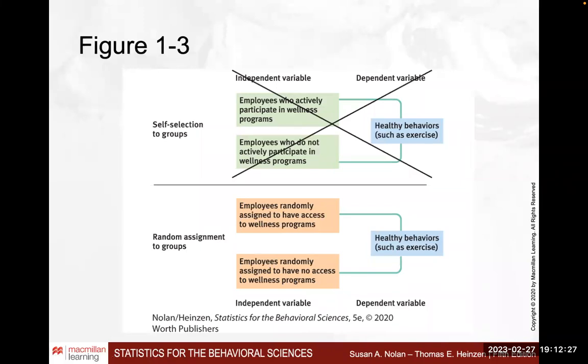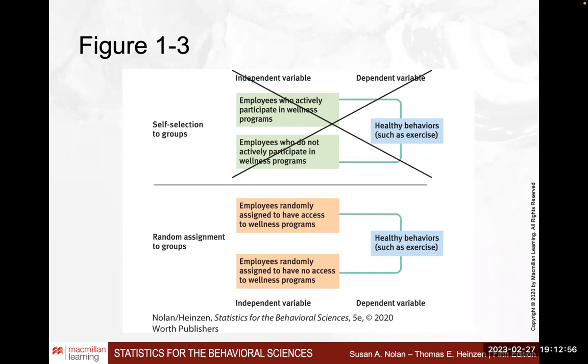You give an employee the possibility to enroll him or herself in the wellness program, and then as the outcome, the dependent variable, you study health behavior. These are your independent variable at two different levels, and that's your dependent variable. If individuals can self-select into your level of the independent variable, you will have a